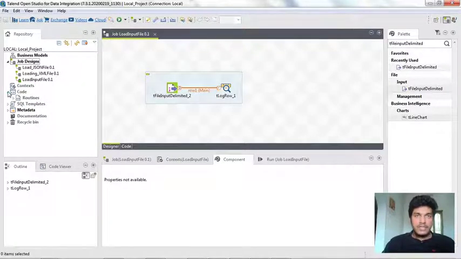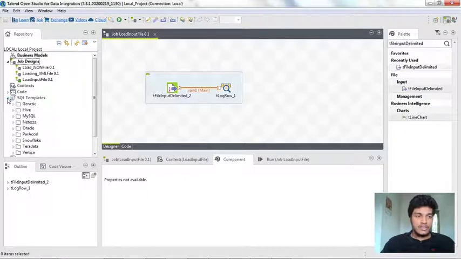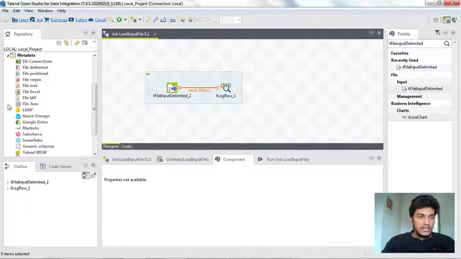And if you create any Java routines to use in some jobs, then the repository will store those Java routines also under the Code tab. You will also have some SQL templates for MySQL, MS SQL, and more. These are all the schemas, like generic schemas, Hive, MySQL, and Oracle. Similarly, there is metadata.